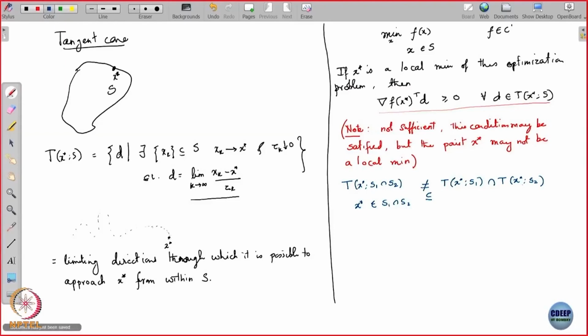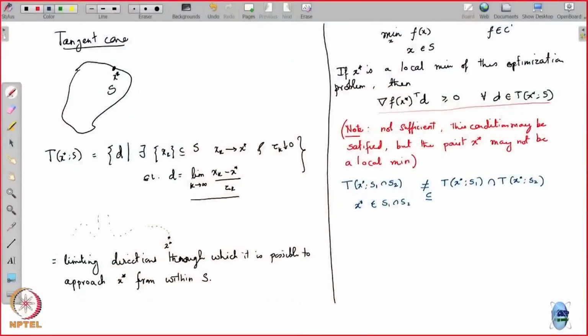Okay. But still, having said that, it turns out that in optimization this is still our best bet. The way optimization theory proceeds is that it tries to put conditions to somehow make this equal, and that is what I will try to discuss today. Okay. So for this, let's go back to